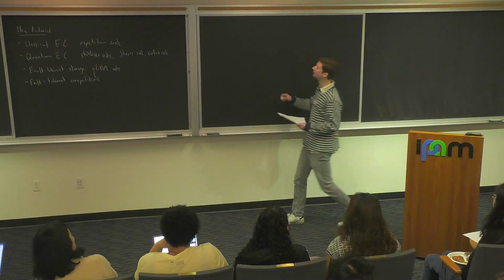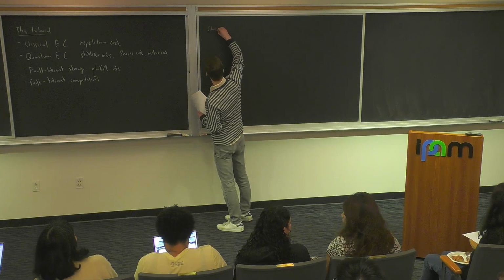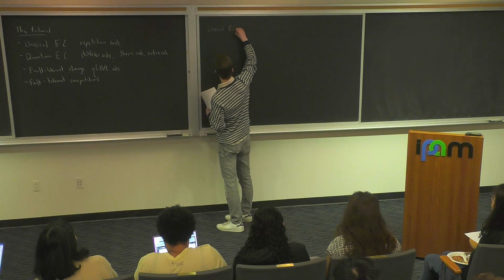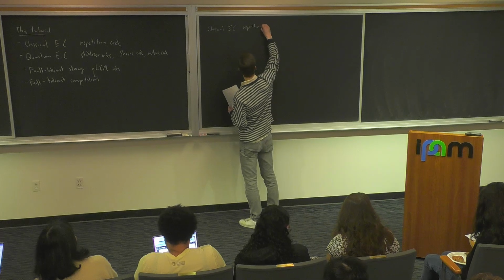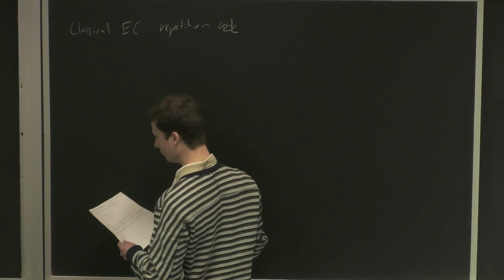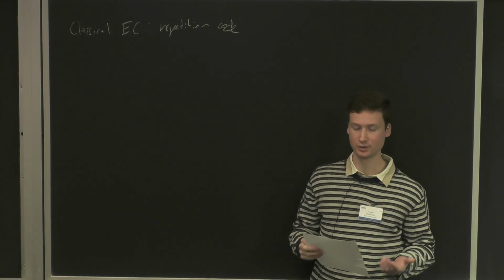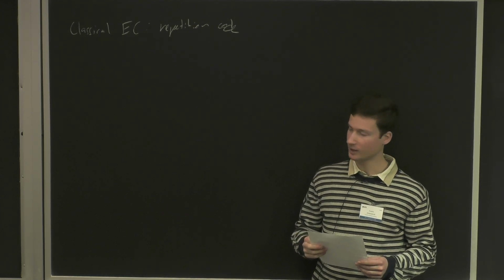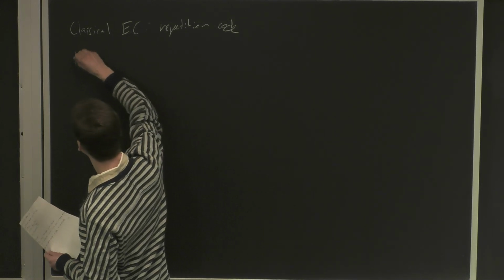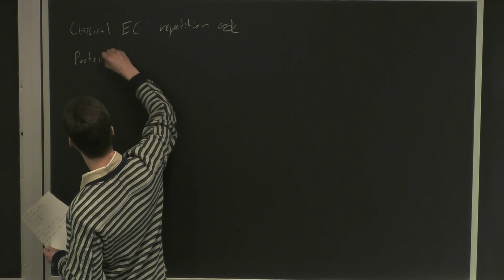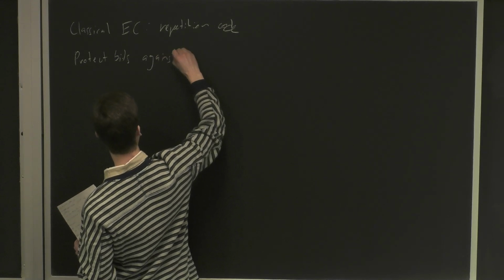Okay, great. So we can start with classical error correction, specifically the repetition code. And the question here is, how do we encode classical information such that we can protect it against errors? Classical information is bits. So if we want to protect bits against errors,